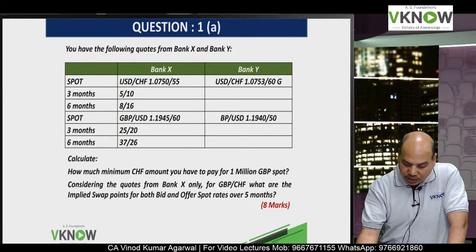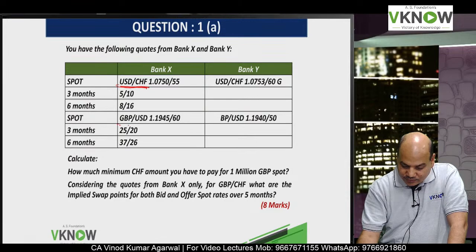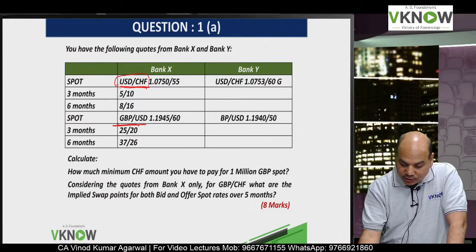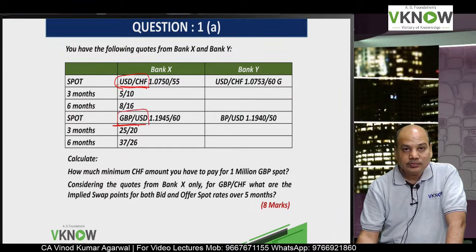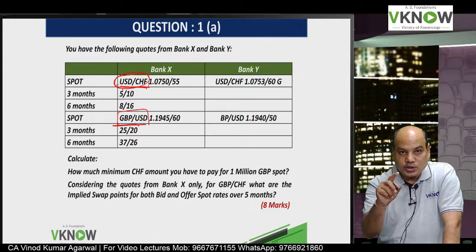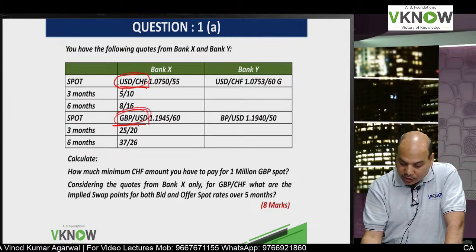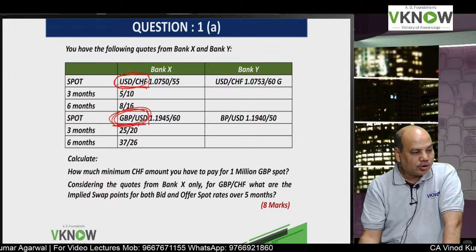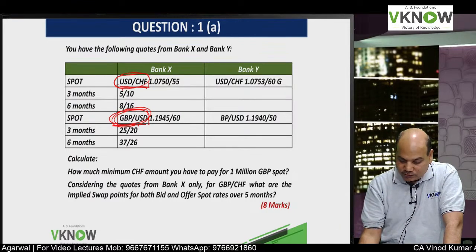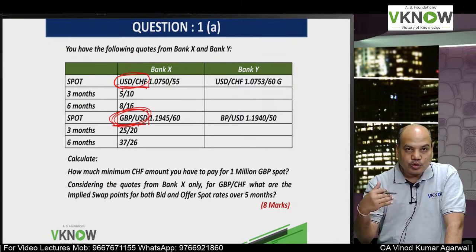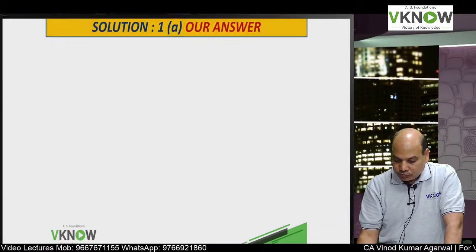One, by literal interpretation. By literal interpretation, I mean whatever they have written in the question, I will take as it is. I will treat this as USD per CHF and I will treat this as GBP per USD, and accordingly I will solve. Is it right? So first you see my answer, and then I will also give you the institute answer. So write down